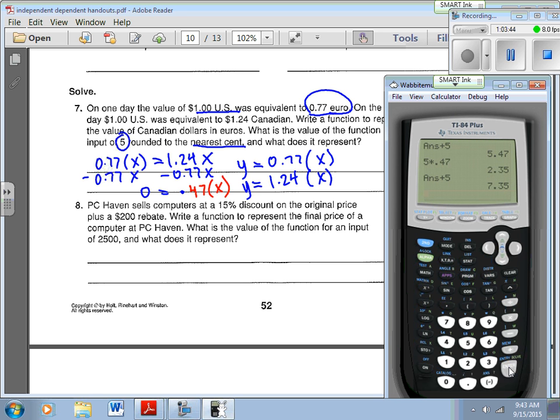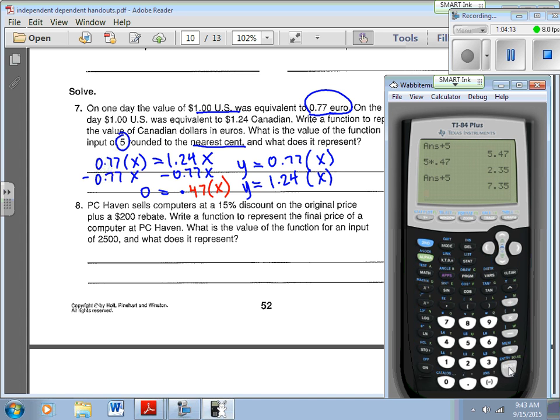The Canadian dollar compared to the U.S. dollar is more. No, the U.S. dollar is more than Canada, because a dollar in the U.S. is $1.24 in Canada. Oh, okay, I got you. If you take $5 to Europe, you can get less. Less, yes. So you would subtract that. So you'd only have 7.35. So actually,